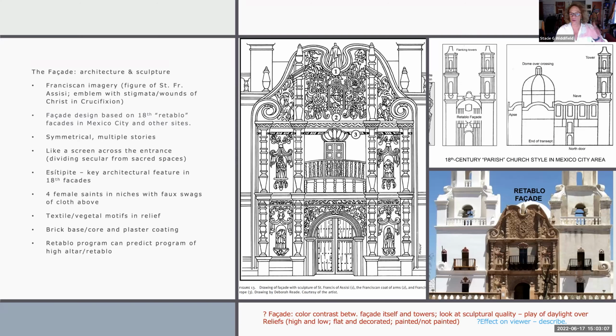So again, this is a really crucial idea. This is a typical plan of a church, which is very similar in many ways to what you see at San Xavier. Details can change. Towers, facade, dome, nave, etc., transept, apse, all of those things. You turn this around, you would enter here, and then you would move across what you can see in this